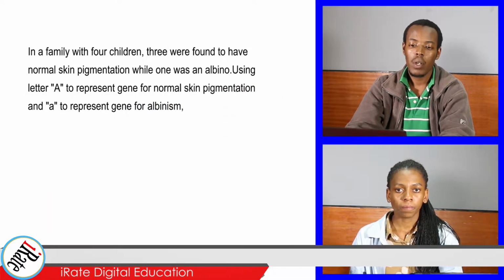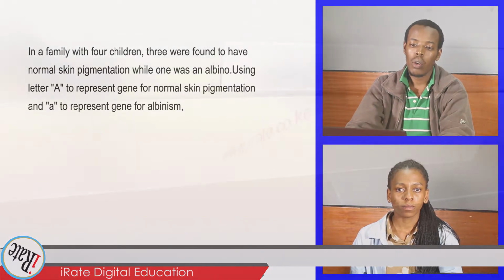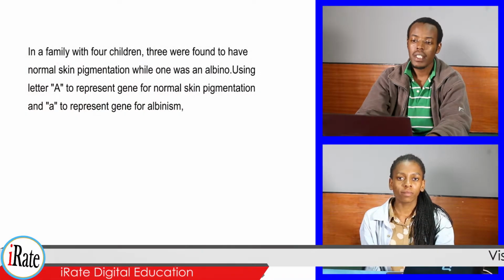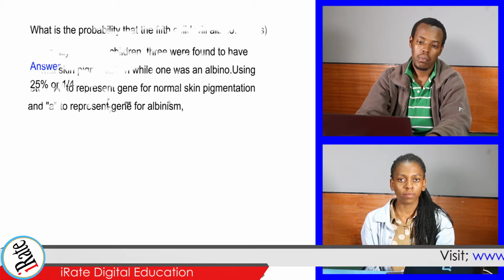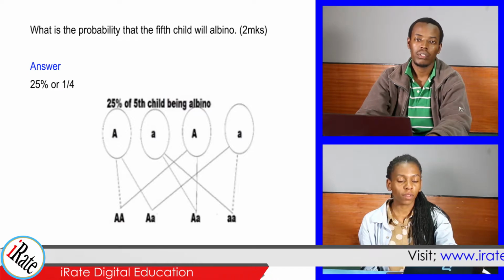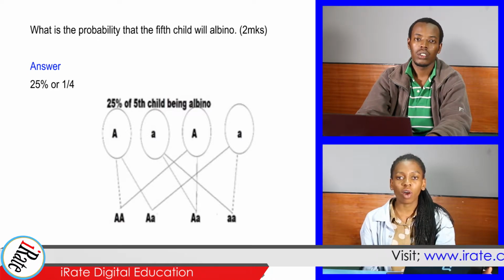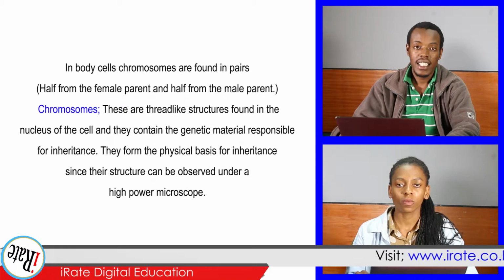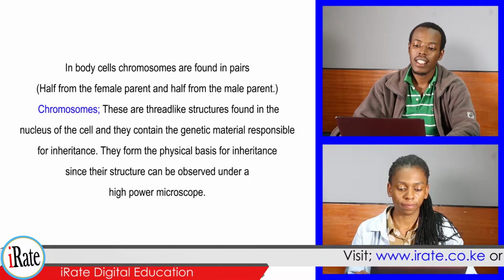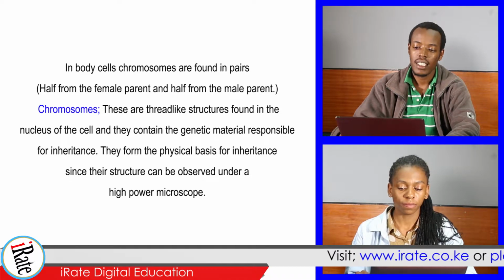In a family with 4 children, 3 were found to have normal skin pigmentation, while 1 was an albino. Using capital letter A to represent the gene for normal skin pigmentation and small letter a to represent the gene for albinism, what is the probability of the 5th child being an albino? 25% or a quarter. Genetics is the study of inheritance of characteristics or the study of transmission of characteristics or